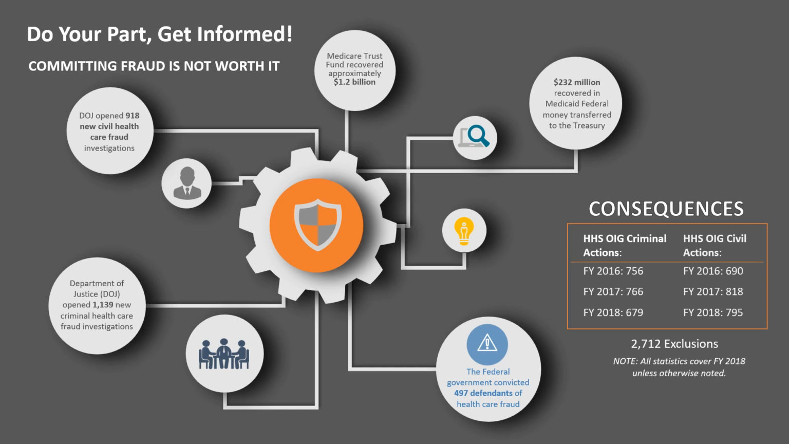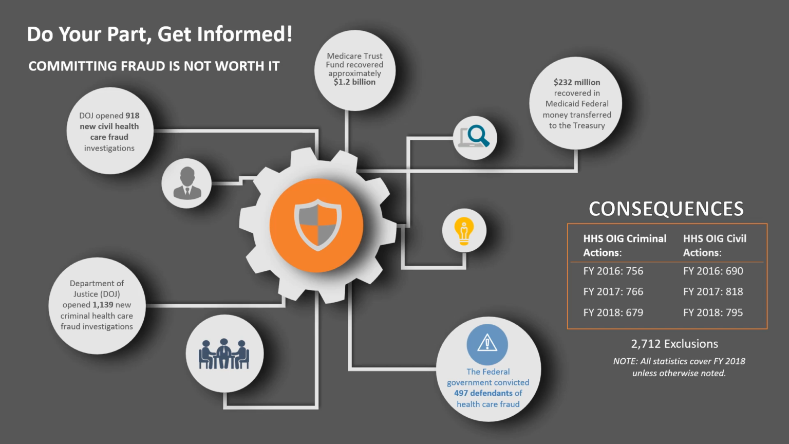What are the consequences? HHS OIG criminal actions for fiscal year 2016, 756. For fiscal year 2017, 766. Fiscal year 2018,